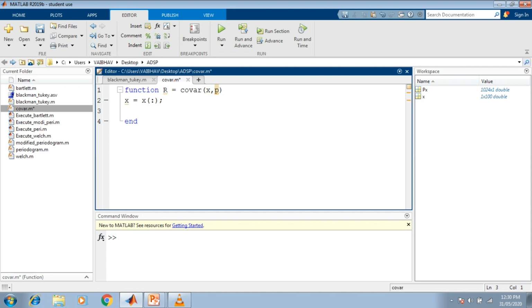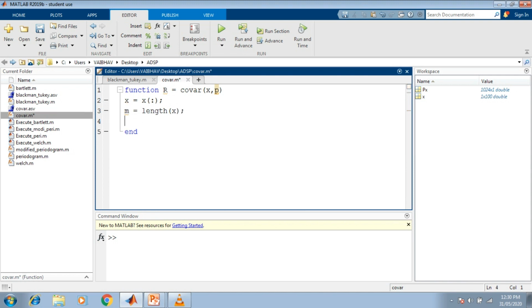So x is equal to x within the parenthesis, colon. Now the total length of this discrete time random process we store in the variable m. That is why we write m is equal to length of the parameter x.